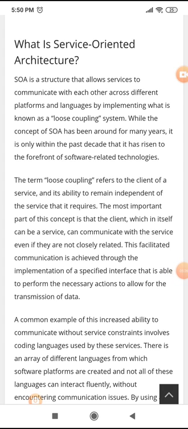In a loosely coupled system, every platform or every computer has its own memory, but in a tightly coupled system they share a common, or local, memory. So they are more dependent than in a loosely coupled system. Here we consider SOA a loosely coupled system.